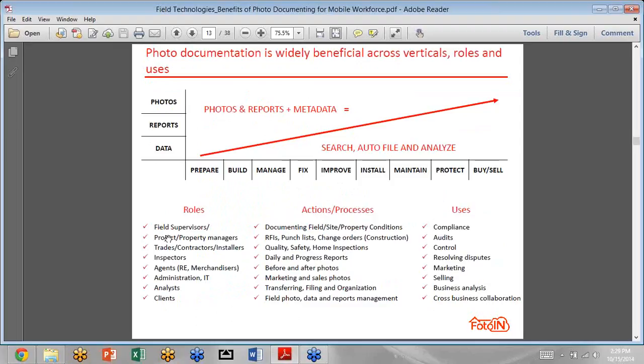So many different roles: field supervisors, managers, installers, inspectors, analysts, many different actions as we've discussed before, documenting conditions, workflows, inspections, quality, safety, marketing photos, doing this whole thing of transferring, filing, organizing, managing the reports, reporting to the owners, and then in terms of the uses and benefits that it actually creates, ensuring compliance, enabling simpler audit trails, quality control, resolving disputes, warranty disputes in construction, for example,